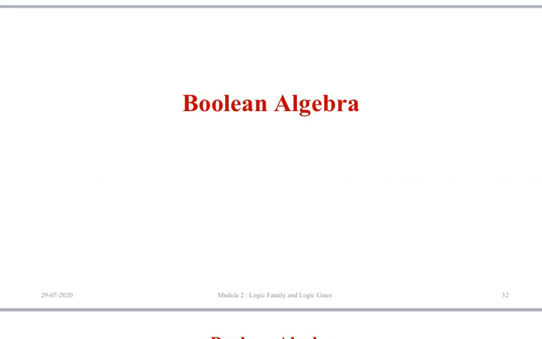Okay, there might be a very big relation, but you cannot have one IC satisfying all the relations. So what you will do, using your Boolean algebra, you try to reduce your equation and bring it into a simpler form. Then that you can implement using your logic gates. Okay, so write down the topic. We'll start with Boolean algebra. Many laws are there. If you don't remember the names of the laws, it is okay, but the relation you have to understand. So write all these laws which we will be studying.